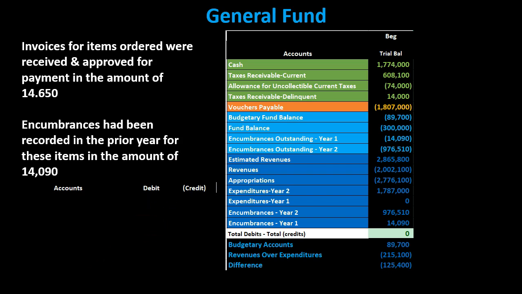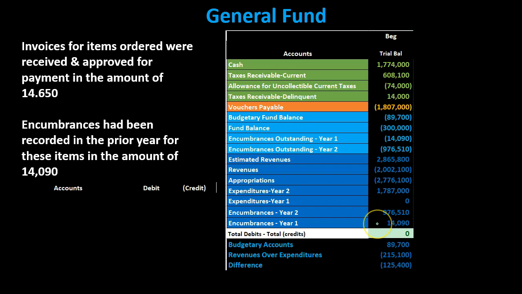Back to the general fund. Invoices for items ordered were received and approved for payment in the amount of 14,650. That should be a comma, not a period. And then we have the encumbrances that had been recorded in the prior year for these in the amount of 14,90. Okay, so what this is trying to say here is that we had the encumbrances for the prior year recorded,